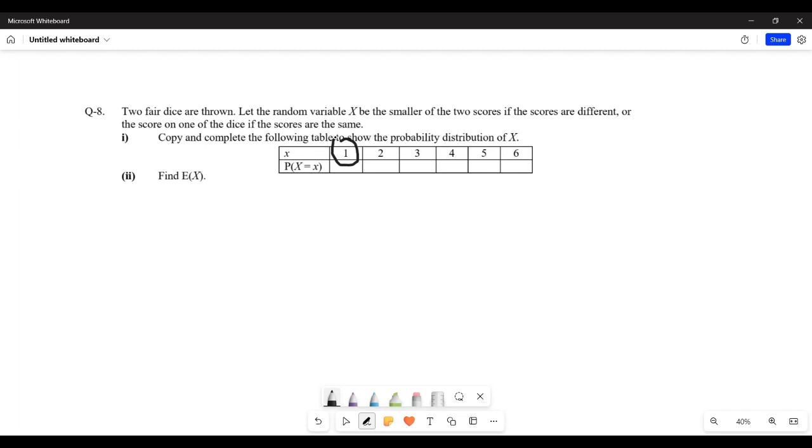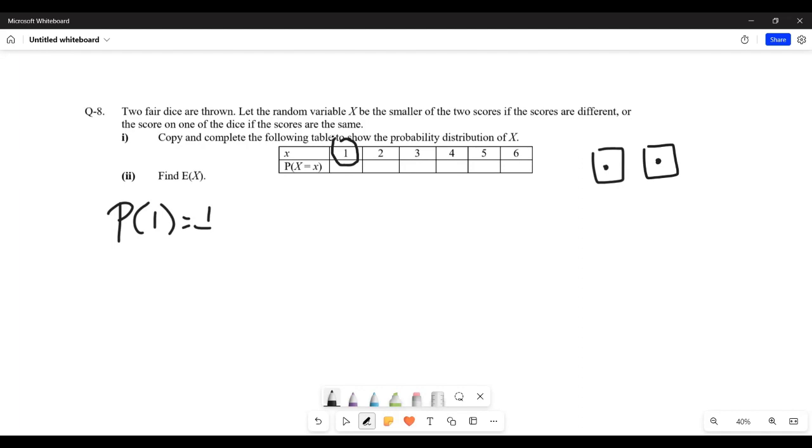When will the score be 1 if you throw two dice? When there's 1 at the top of both the dice. Only then the smaller score is 1. So both the dice should give you 1. So what's the probability of getting 1 then? 1 by 6 times 1 by 6. Oh no, there's so many other cases where you get